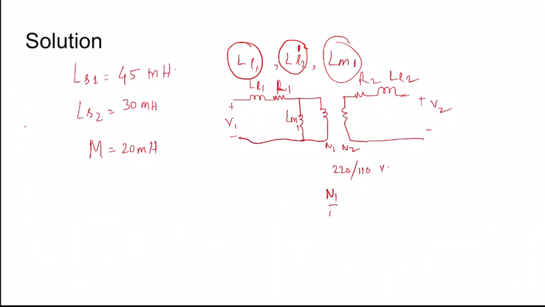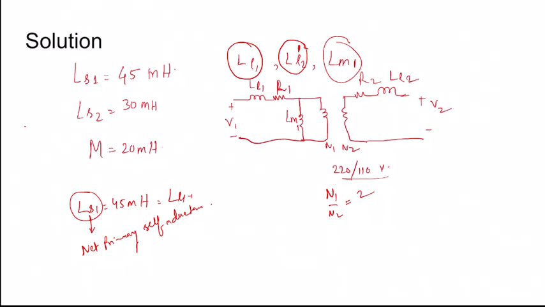Now turns ratio N1 by N2 is 2 as you see, and LS1 equal to 45 millihenry. So LS1 is the net primary self inductance. So net primary self inductance is LL1 plus LM1